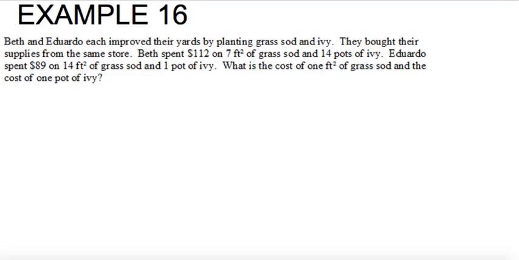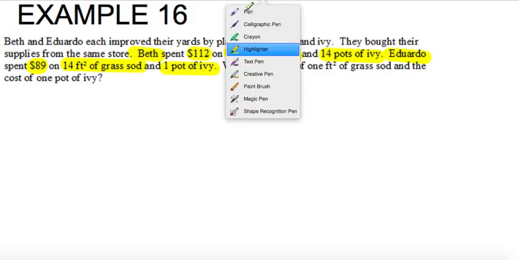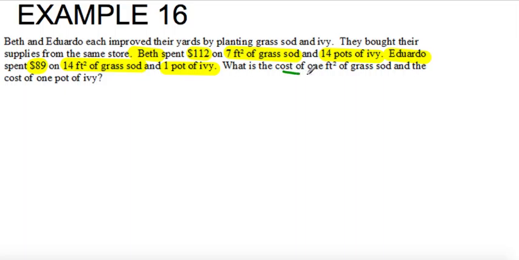Okay, so to highlight the key information, we know that Beth spent $112 on 7 square foot of grass, sod, and 14 pots of ivy. Eduardo spent $89 on 14 square feet of grass, sod, and 1 pot of ivy. And what we're interested in finding is the cost of 1 square foot of grass, sod, and the cost of 1 pot of ivy. So that is where we get our